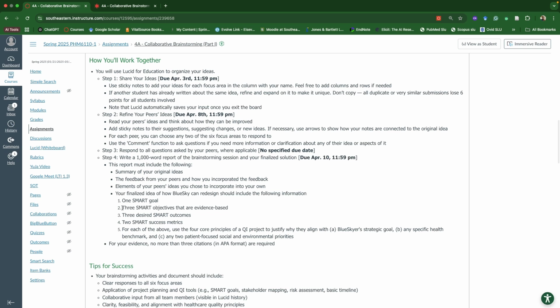You don't need to give one citation for each of the objectives. It could be the same evidence that informed three objectives. I just make sure that you don't have more than three citations. So you should not have more than three citations. Three citations is the maximum you're going to have for this assignment.